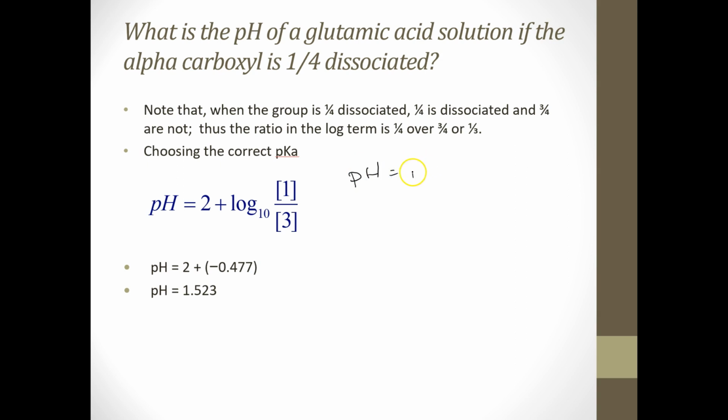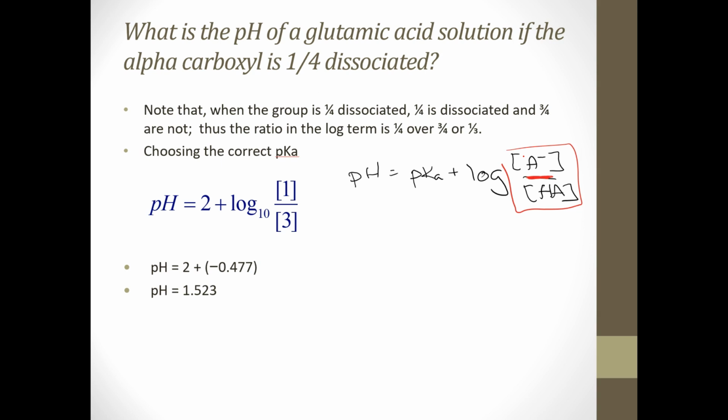pH equals pKa plus log of our conjugate base over our acid. That's basically what we're doing here. We don't need to actually know what the true concentrations of both these are if we know the ratio, because that's really all we're looking at here: a ratio. So if it says 1/4 dissociated,